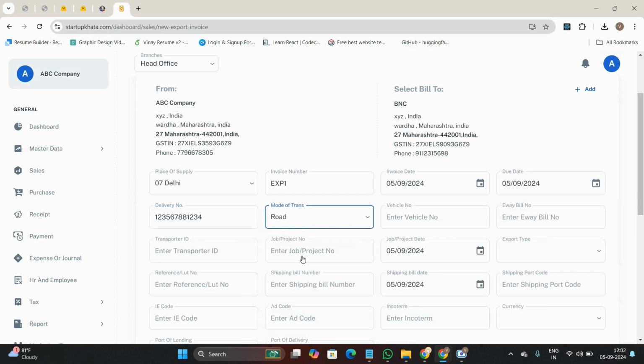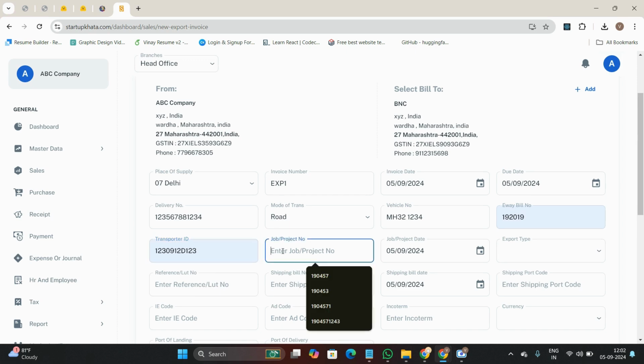I am selecting road. So if you select road, you have to fill the vehicle number. MH32 1234. After that, you can fill your email number here, transporter ID, job project number,